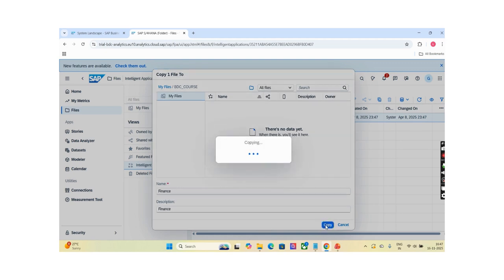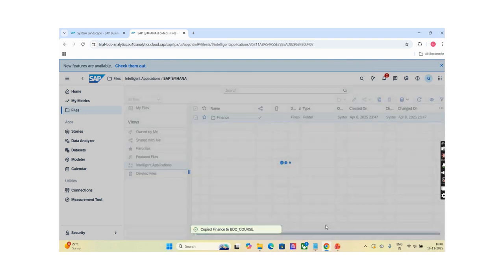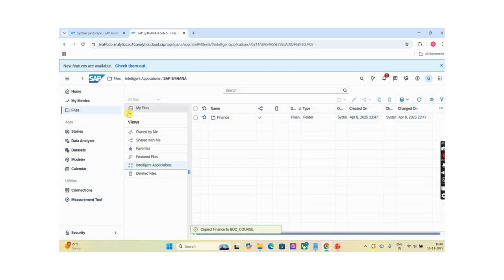Copy your folder into that local folder. The story is being copied. It's taking a little more time. Okay, so our story is copied.